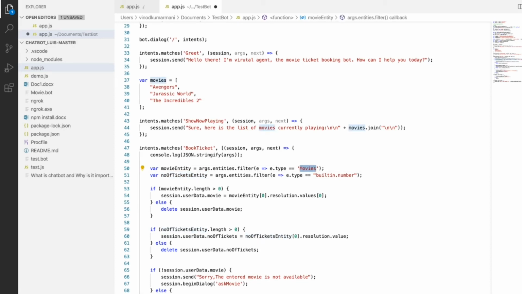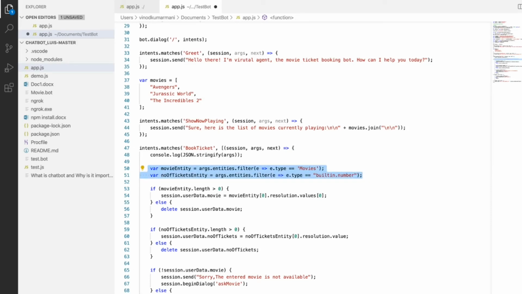Okay, and also I have extracted the built-in numbers, or money, or any of the predefined prototypes we gave into LUIS. So I tried to find and figure out that built-in number. So these two lines find the entity filters from the objects collection which is given by the LUIS URL. These two lines are more important.